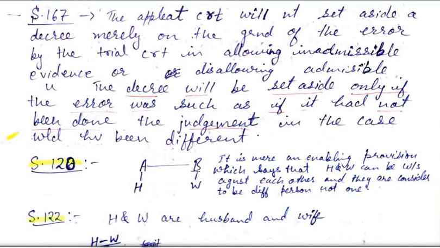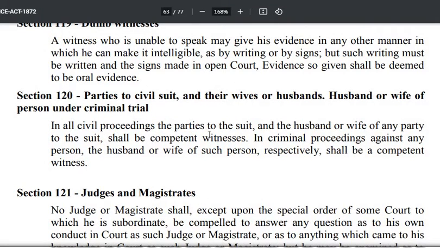अगर आप CPC में Order 18 Rule 3A देखोगे तो it is clearly saying that if the plaintiff wants to be a witness or the defendant wants to be a witness in a case, then he shall appear as the first witness. Means that is clearly saying that the plaintiff or the defendant can be a witness for themselves in the civil proceeding. अब उसी बात पर यहाँ पर कह रहे हैं that in all civil proceedings the parties to the suit